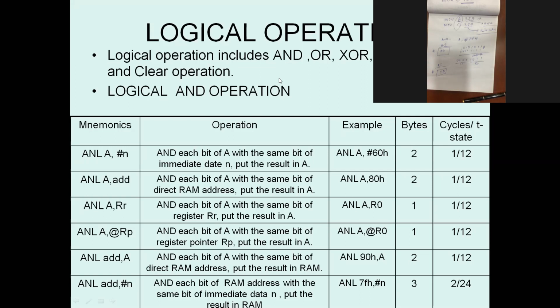First is @RP. Its meaning is the content of the specific memory location that is stored in R0, and the content of the accumulator, and an AND operation between them. It means the content of the particular memory location which is located by R0 is logically ANDed with the accumulator, and after that the result is stored into the accumulator, obviously. Right? Yes, sir.